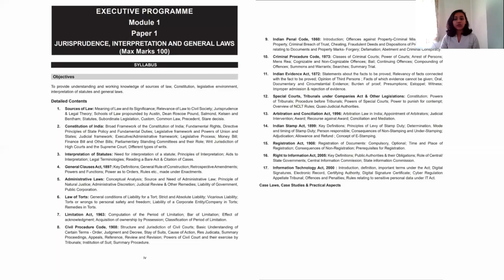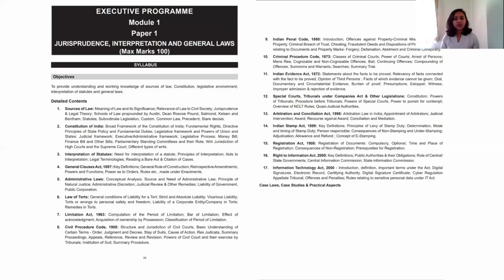So you are introduced to topics such as criminal misappropriation of property, breach of trust, cheating, fraud, offenses relating to documents, forgery, defamation, etc. Whereas the Criminal Procedure Code, that is chapter number 10, the Criminal Procedure Code of 1973, in short form the CrPC, lays down the procedure as to how to approach a criminal court to go about claiming rights and liabilities in the case of a criminal offense.